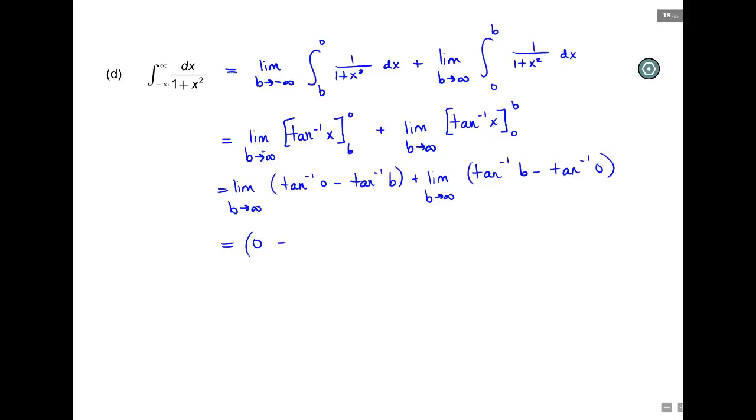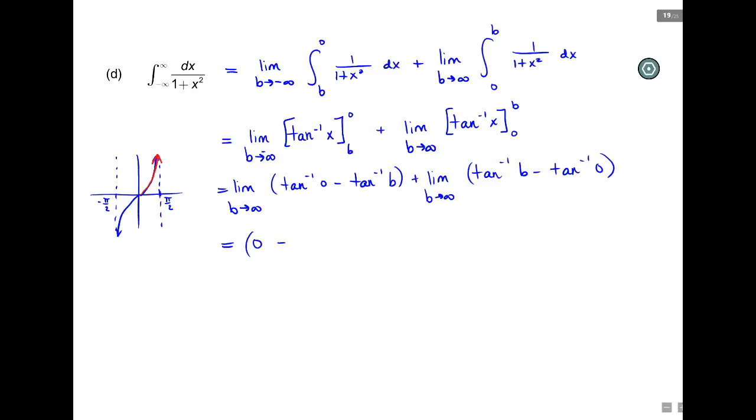So as b approaches infinity, we think about the graph of tangent. Tangent has asymptotes at negative pi over 2 and pi over 2, so it looks like this. So we're kind of looking at this part. As b is approaching infinity, because remember tangent inverse is just the reverse, so tangent inverse, as that's approaching infinity, we're actually getting closer to pi over,